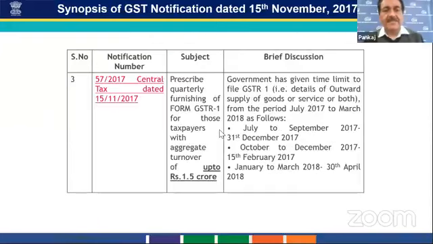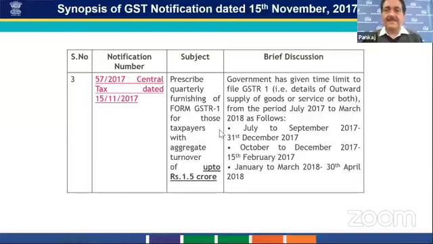And in respect of GSTR 1, there are two categories. There are recent developments for furnishing GSTR 1 also. For the taxpayers whose aggregate turnover is up to 1.5 crore, in notification number 57/2017, the government has given a timeline to file GSTR 1.